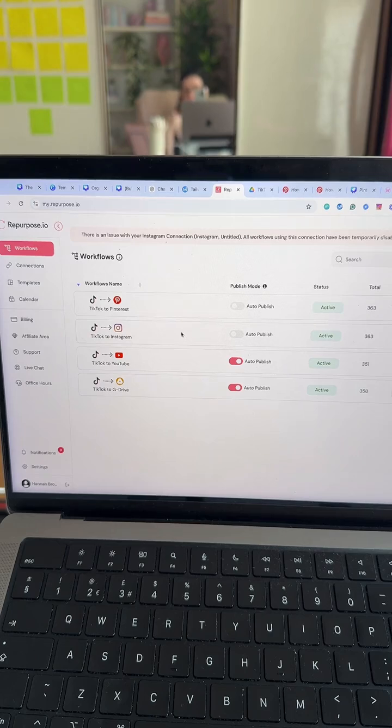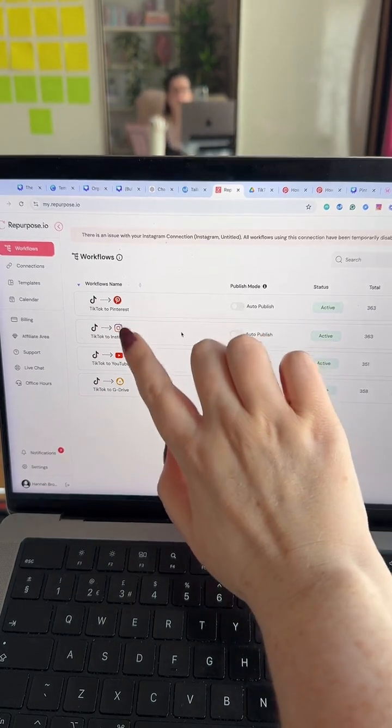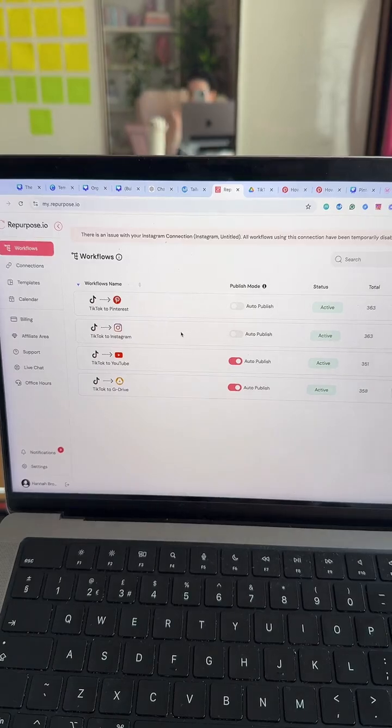You can always add a cover photo for it later if you want to. But again, this is why I don't like Instagram and I'm not on it anymore, because there are so many steps that you need to do. But that could help you out a lot right now.